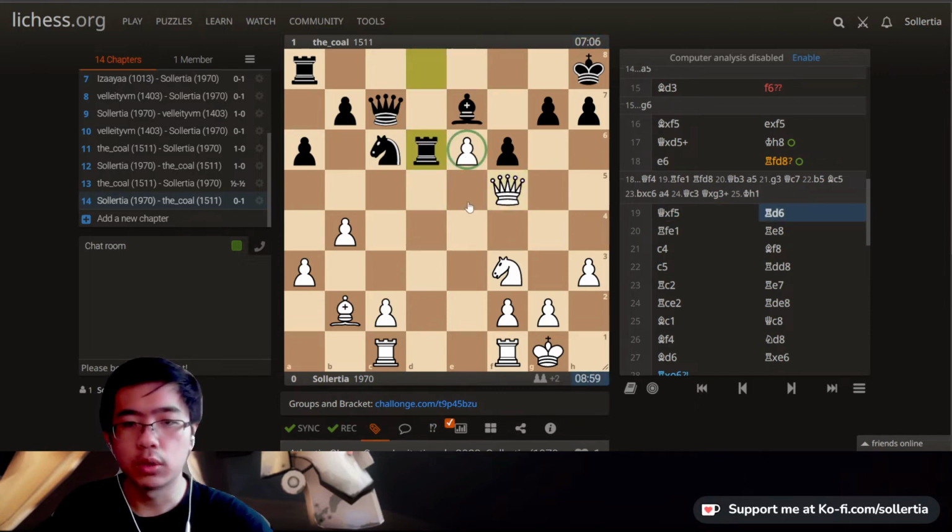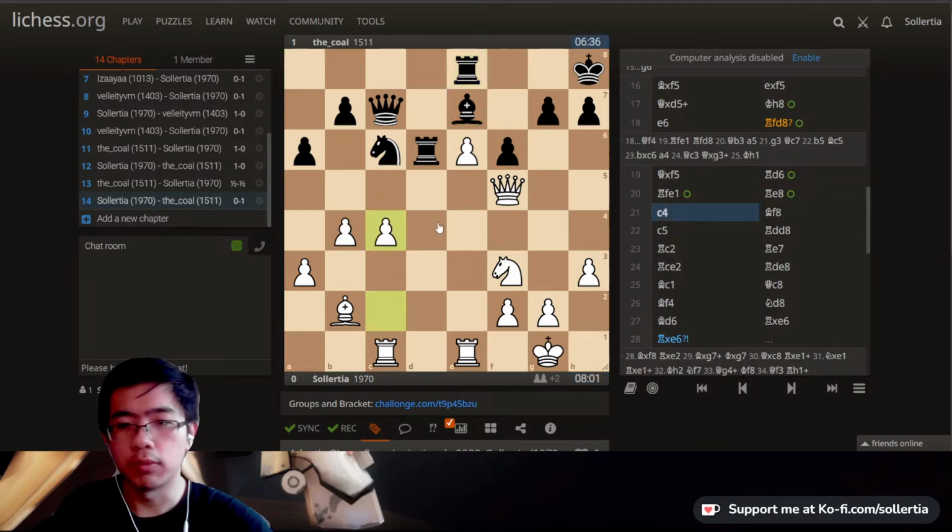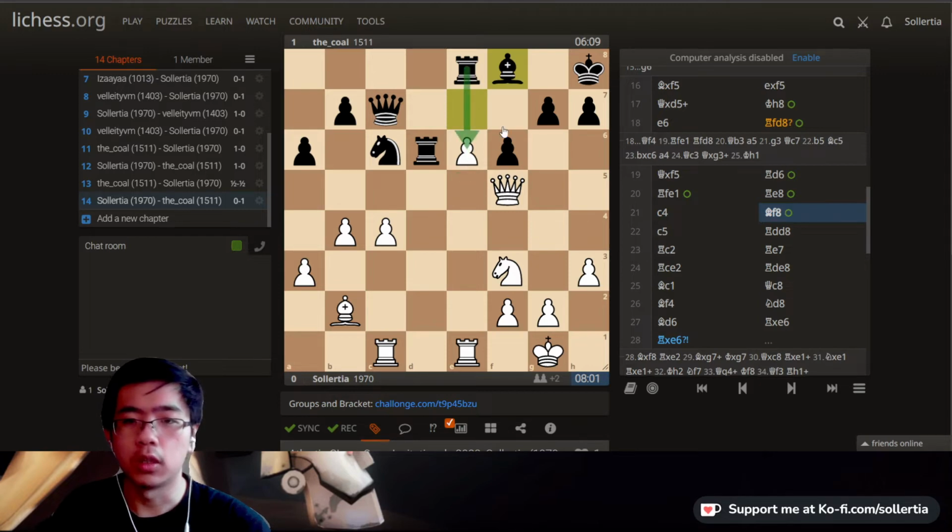Rook to d6, trying to add some pressure here, but I have time, so I defend the pawn first. After rook to e8, now you can see that the bishop is very awkward blocking the square. So I take the time to play c4, c5. Bishop to f8, trying to allow the rook to attack the pawn, and also keeping an eye on this